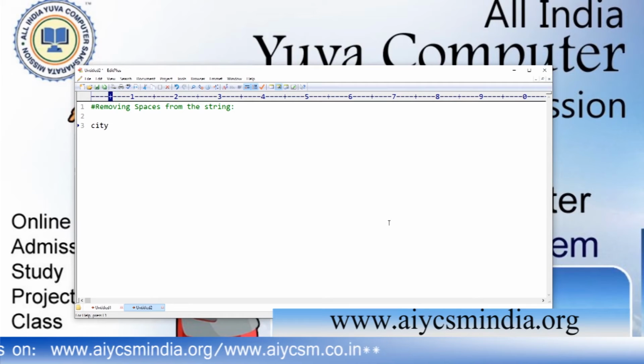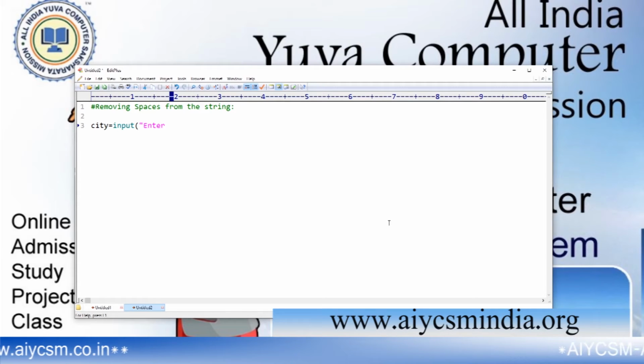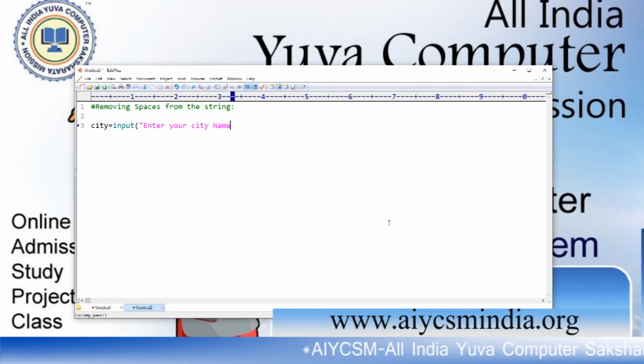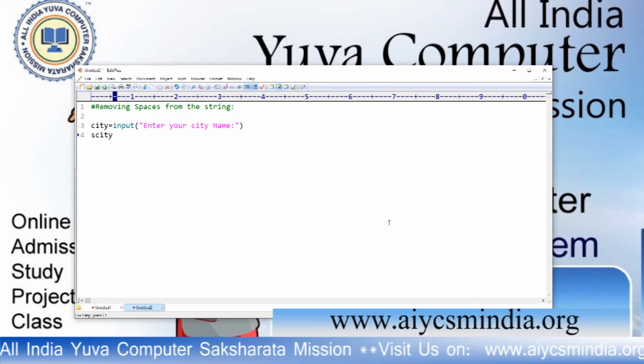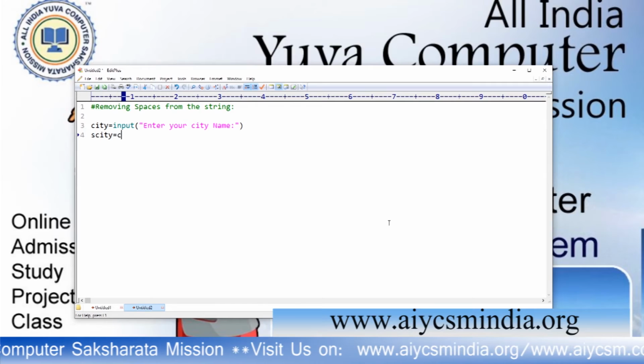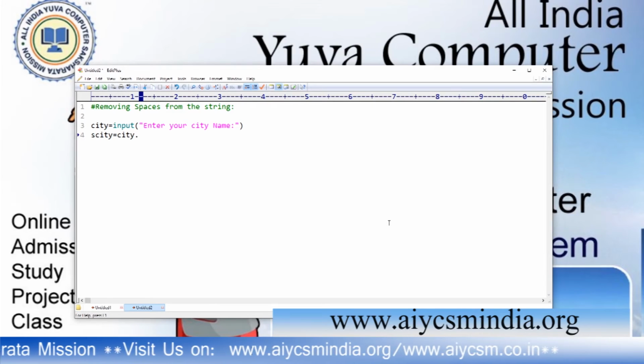City equals input, enter your city name. Now scity, another variable, equals city dot strip.